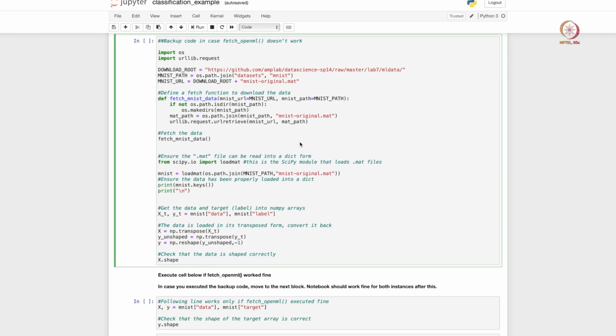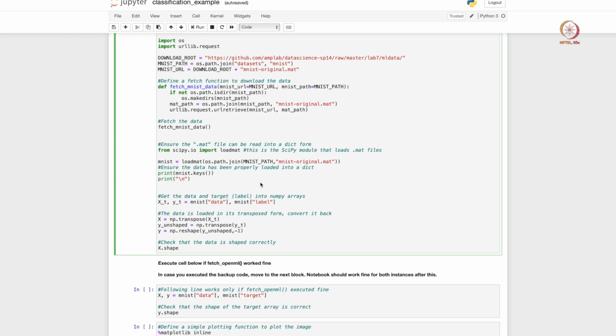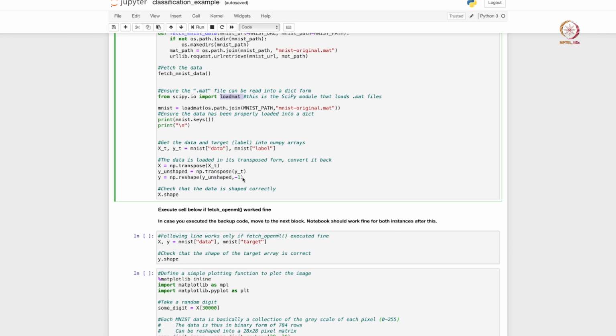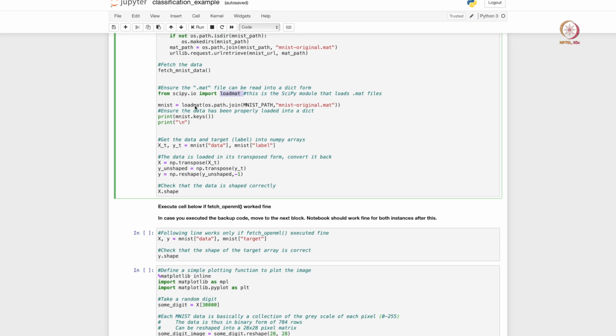The file comes with an extension called .mat, and we need to convert the .mat files into NumPy arrays for our purposes, and for that we will use the library SciPy. From there we will use the function called loadmat, which helps you convert from your .mat format into a NumPy array. And once it is in a NumPy array, we can then define what data we actually need.